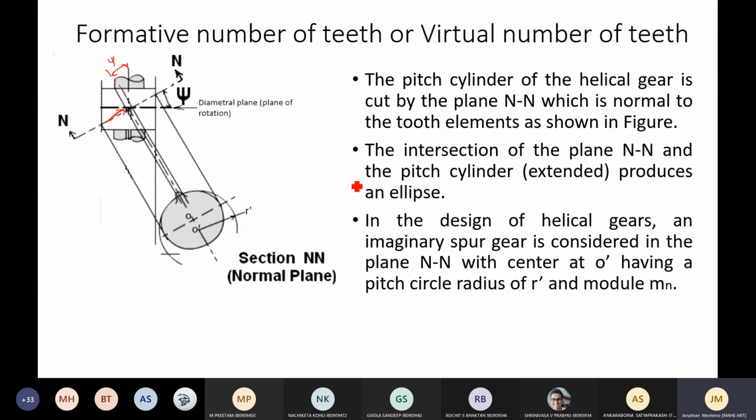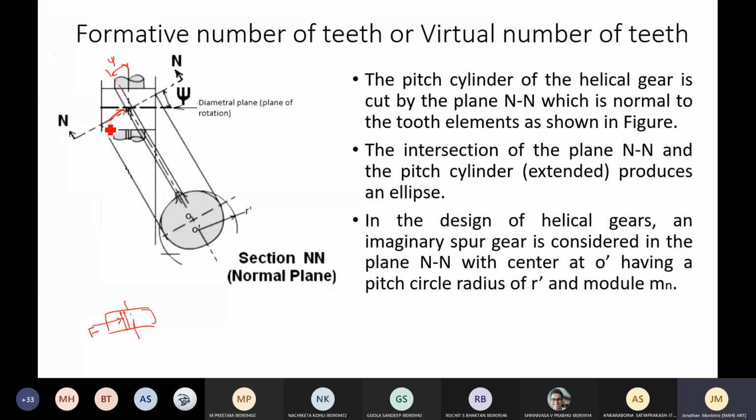But what we can do is project this concept of a spur gear onto the helical gear. Now, how is that possible? For comparison's sake, this is the axis. In a spur gear, all the teeth are parallel to the axis of rotation; the helix angle psi is 0. And here, this is F. Now, how to translate onto this? We have created the same projection over here.